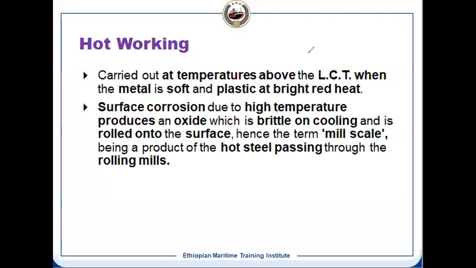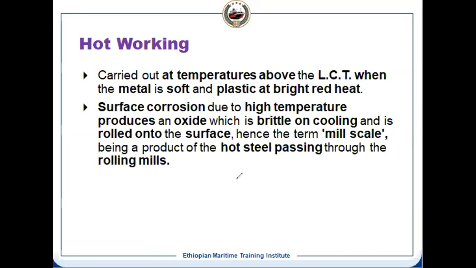And at this high temperature, when you do hot work, the advantage is something called mill scale. What is mill scale? Actually, it helps us to protect the material. At high temperature, oxidation takes place on the surface. And once the oxidation takes place, that makes a coating on the steel plate, for example, that is called mill scale. And mill scale protects us. It comes from the rolling mill. That's why HRC, if you see the HRC, that is the hot rolling coil.